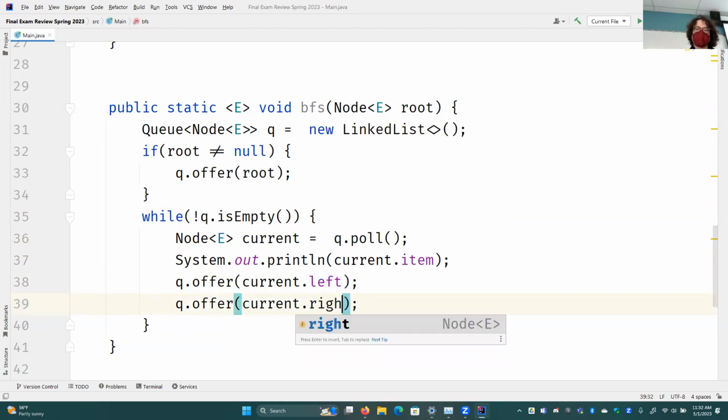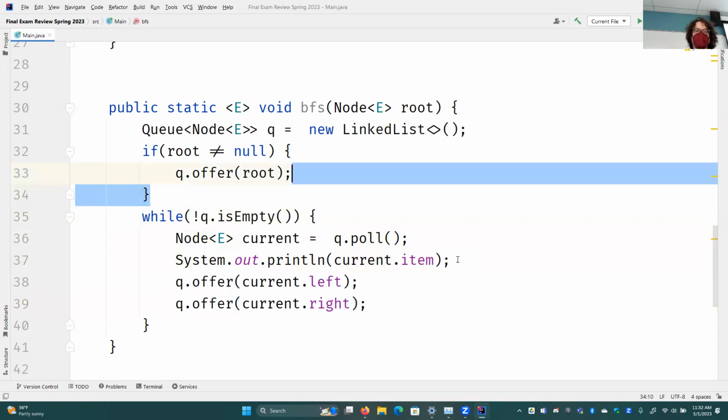Now, normally in a graph I'd have to be double checking, hey, are these nodes I've seen before, but we're in a tree. Children have only one parent in this tree, so there's no chance we've seen these nodes before we add them to the queue. So the only thing we'll want to do besides this is maybe